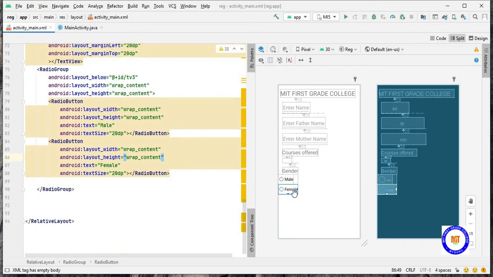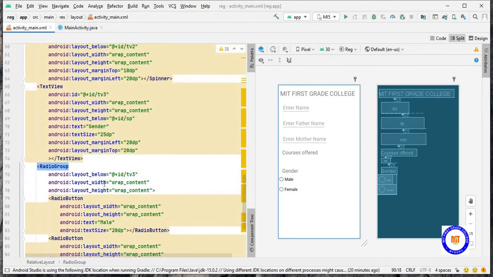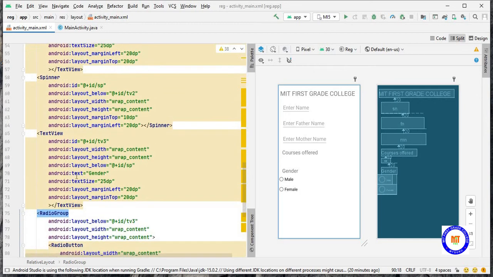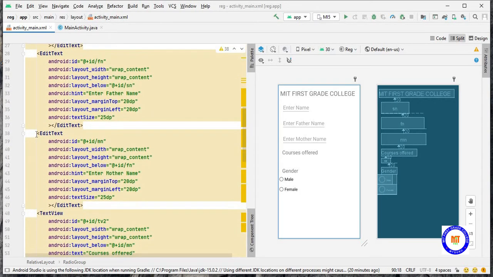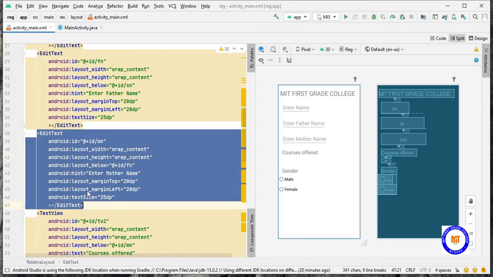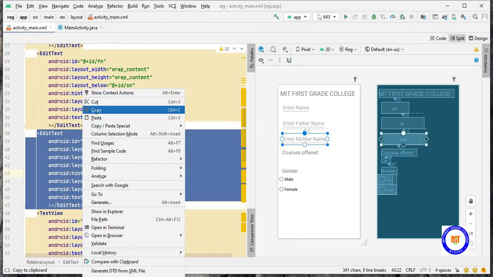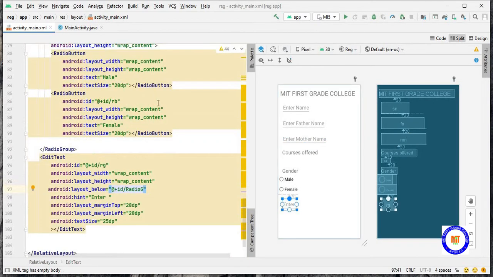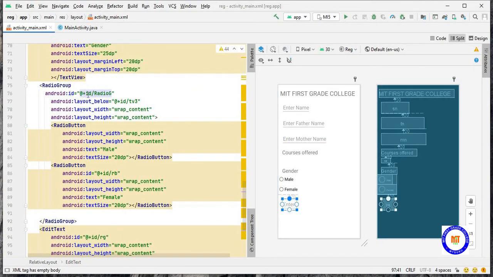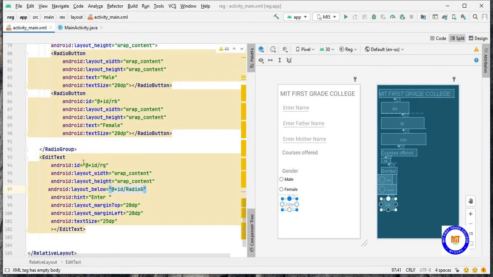Now after this gender we'll give one more text. We'll take one more edit text, that is for entering the phone number. You copy this and paste it. I have given the ID as radio G, and this edit text has to align below this radio group.